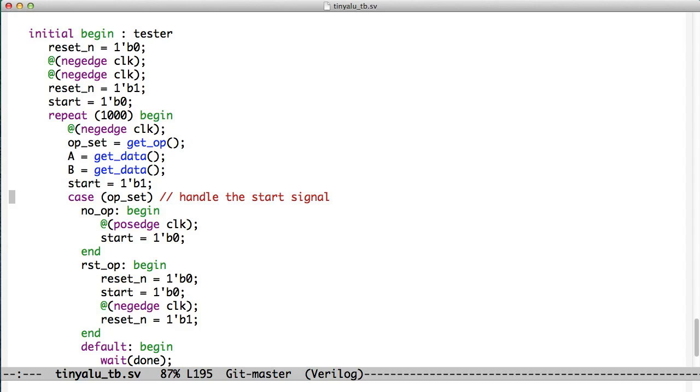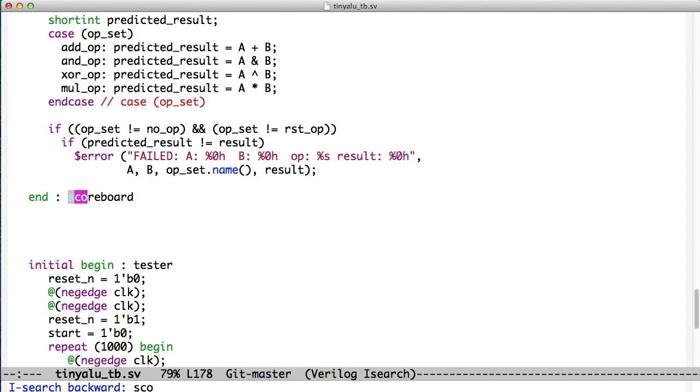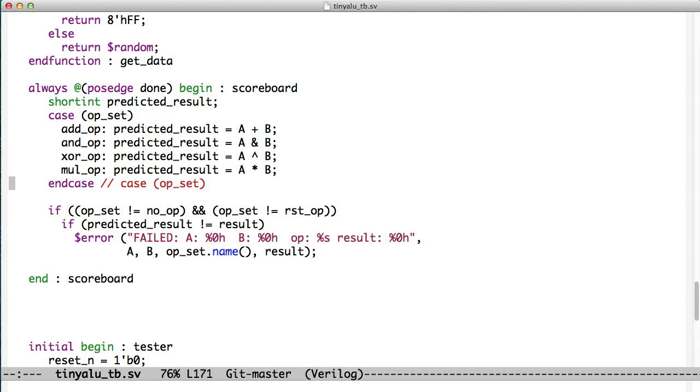Now, if we are going to run random stimulus on a DUT, then we need to check to make sure that the DUT is working properly without having to look at waveforms, for example. We have an always block that we call scoreboard that does that for us. The way the scoreboard block works is it waits for the done signal to go high, and as soon as the done signal goes high, it grabs the